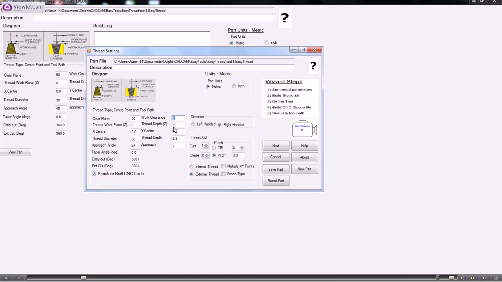The thread depth is a Z value, so this is the overall length or depth of the thread. The X and Y center point for the thread is here. The thread diameter is the overall outside diameter of the thread. The thread depth is the depth of the thread in the XY plane from the outside diameter to the root